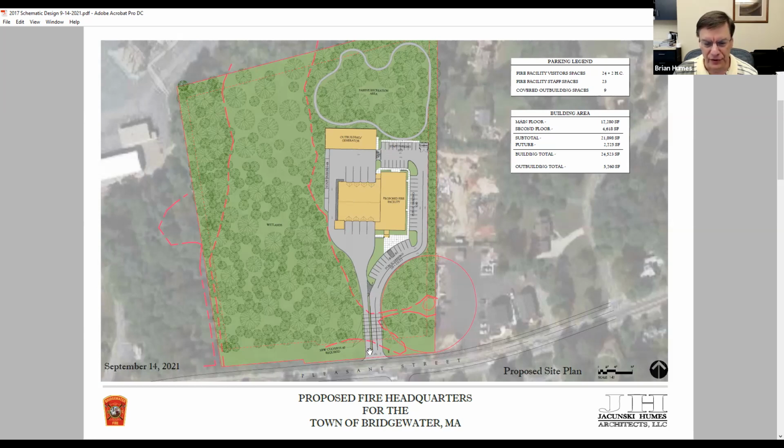The third lane that was developed is an egress-only lane for fire personnel. So you no longer have to mix apparatus with private vehicles. In addition to the lane exiting from the apparatus bays, we did create in this area a cut-through. So any returning apparatus coming onto the site would have the ability to cross over and get into the